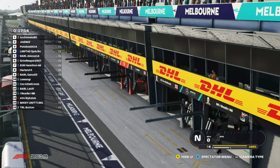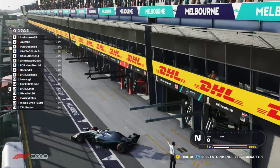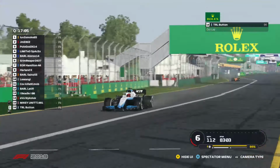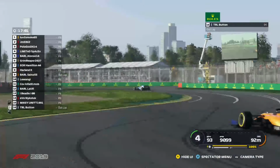I see tyres going off Beadle's car, but there's people at the bottom of the pit lane. Button I think is the first one out. Yep, Button's first out, followed by Sainz,